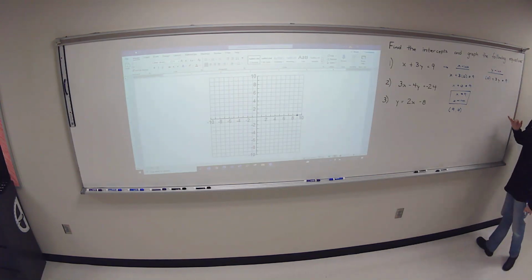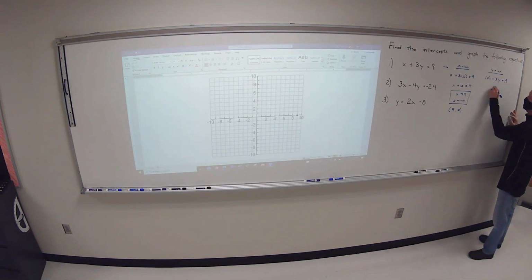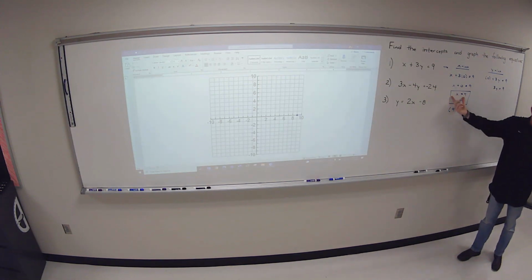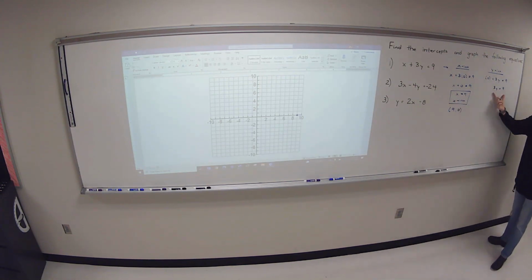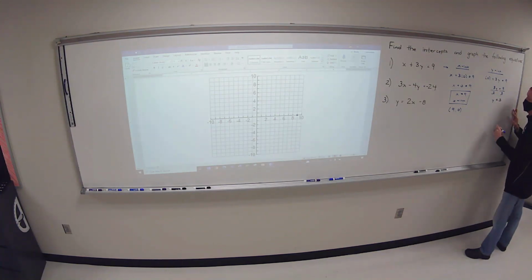And we're going to simplify and solve. So what do we know 0 plus 3y is? It's 3y. Now, this one still needs to be solved for y. Over here, when you took 3 times 0, you just got an x. That was fine. But over here, you still have to do what? Divide everything by 3. And when we divide by 3, then we get y to be 3,